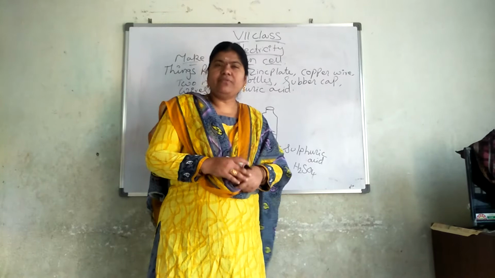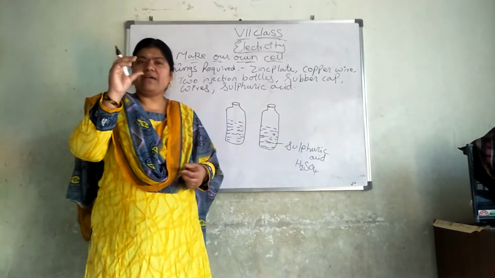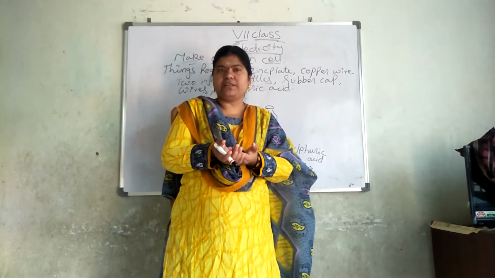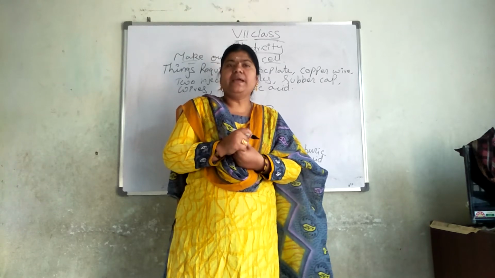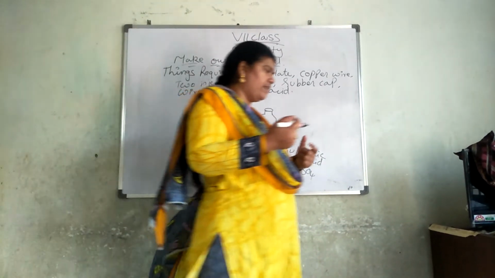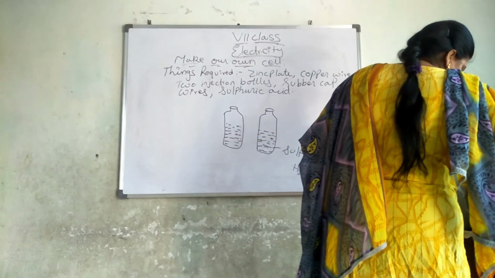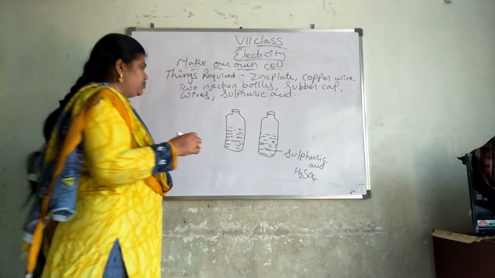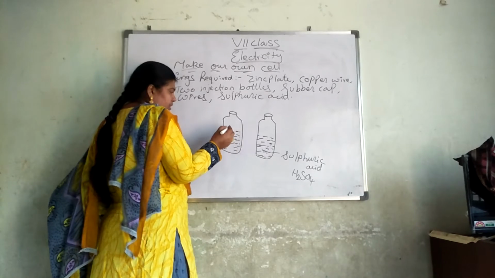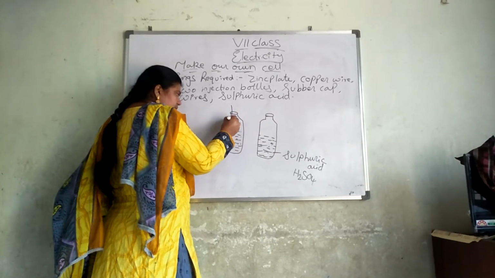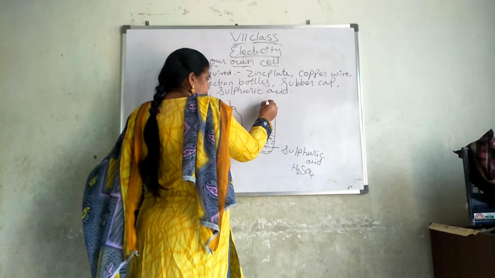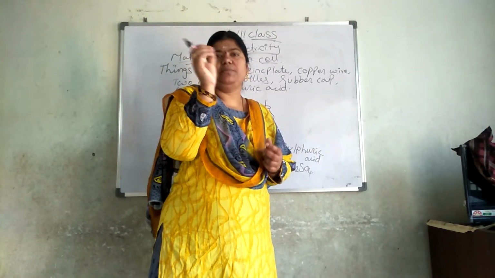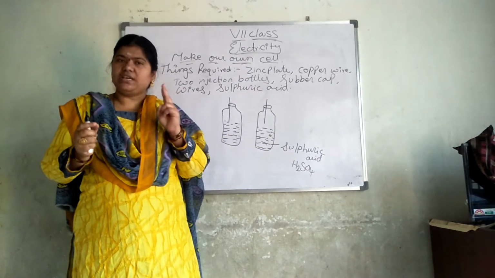Now what we have to do? Now take a zinc plate. From where will we get the zinc plate? We have the dry cell in our house, no? The battery. Remove the outer cover of that battery. What is the outer cover of that battery? It is made with zinc plate. We have to take that one and cut it into 1 centimeter in length. How much must it be? 1 centimeter in length. The zinc plate must be 3 millimeters wide and 1 centimeter long. 2 zinc plates we have to take.